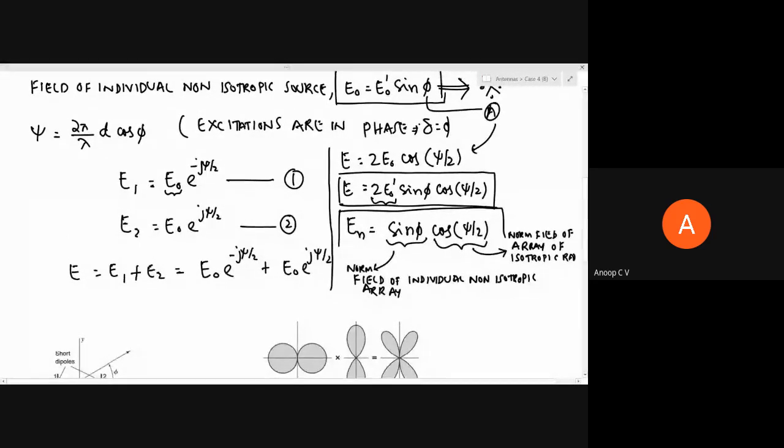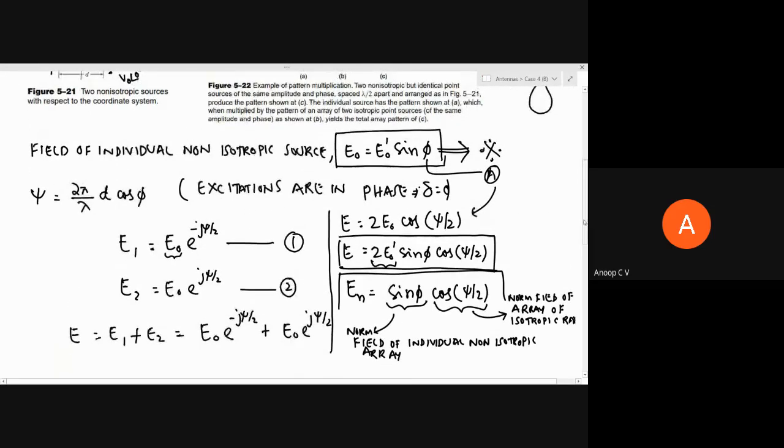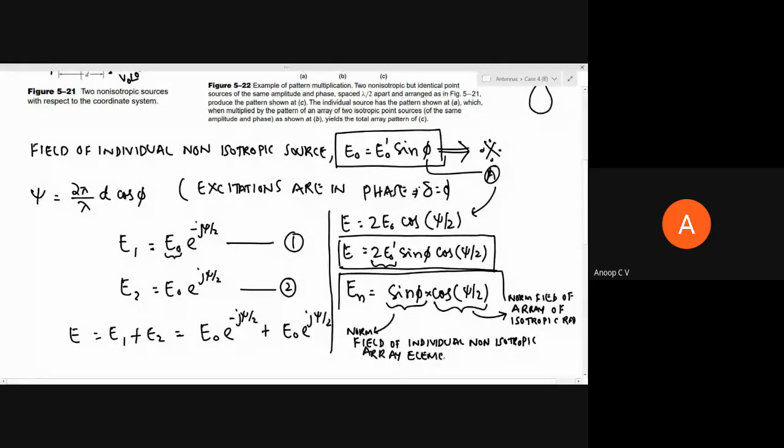Is a normalized field of array of isotropic radiator. So you can see, if you replace two isotropic radiators with directional antenna, the resultant field will be actually what? Product of these two terms, right? That is normalized field of individual non-isotropic array element, I should write, right? So in this case, a short dipole, right? In this case, this is of a short dipole which is placed along x-axis, and this cos psi by 2,